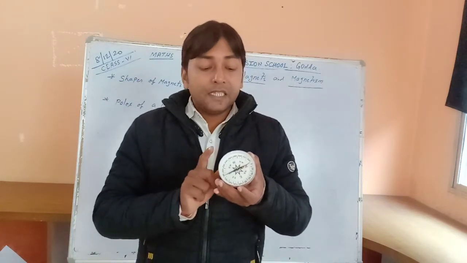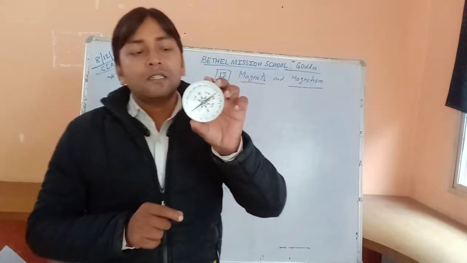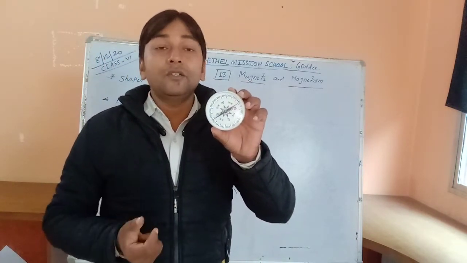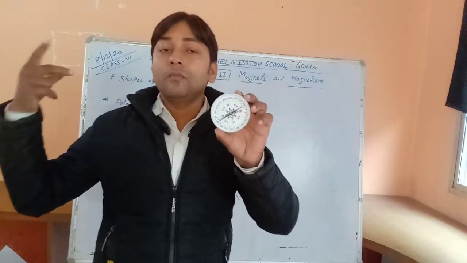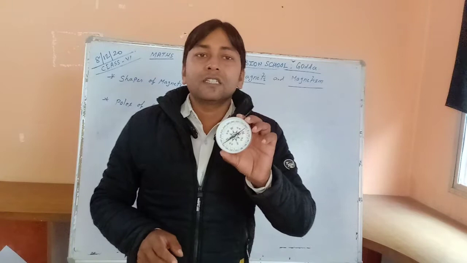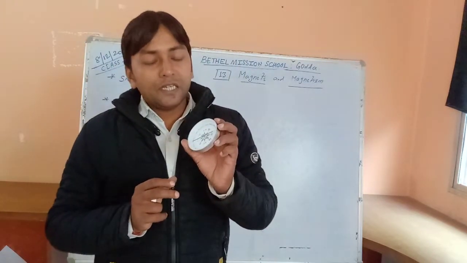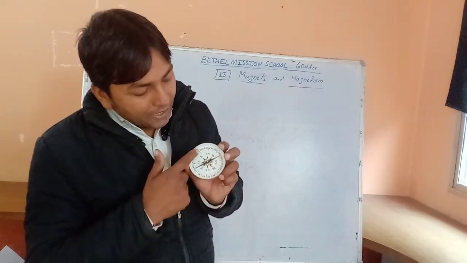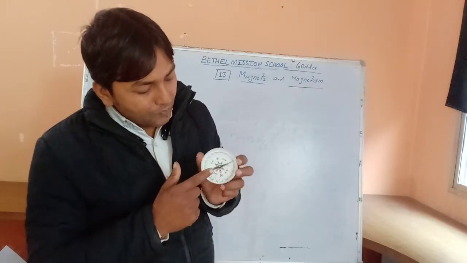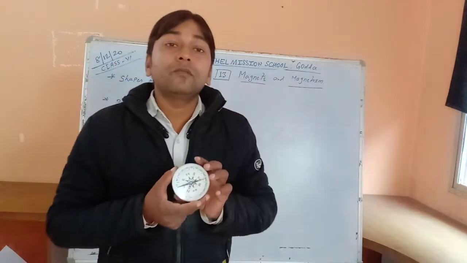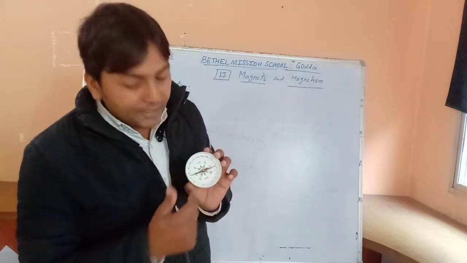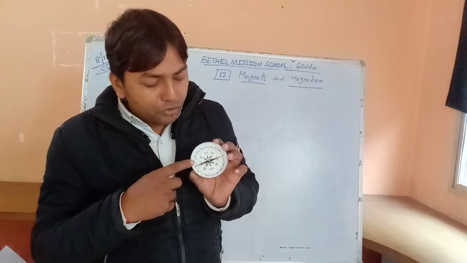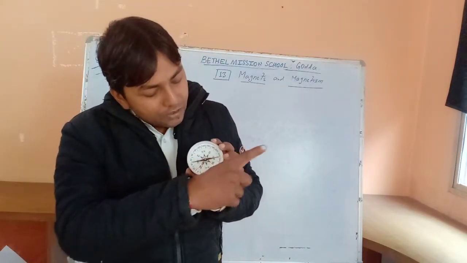This type of instrument is used by sailors, and nowadays it is also used in your mobile and wristwatch. You can find the direction. It shows north, south and so on. Now you can find in which direction you are standing, and which direction these two hands always stand. This is the north direction, this is the south direction.